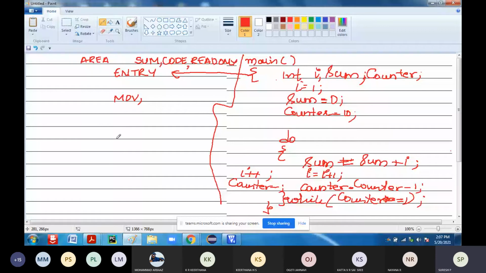Now I'm initializing i. I take one of the registers. So what are the different registers you can use? You can use the registers from R0 to R12. Any one of the registers, those registers will be acting as variables. You understood, right? So now here I will have the counter in R0, that is number 10, because I have to count 10. I'm going to initialize my counter to 10.